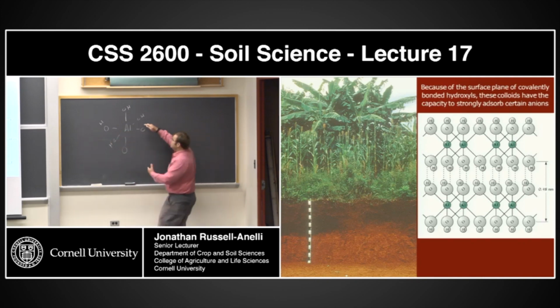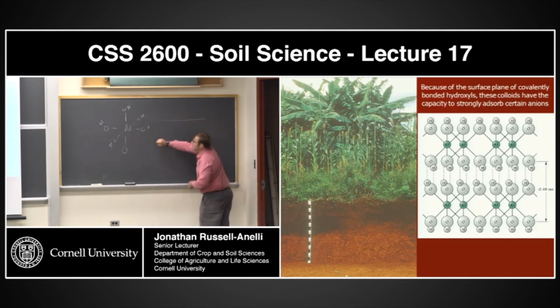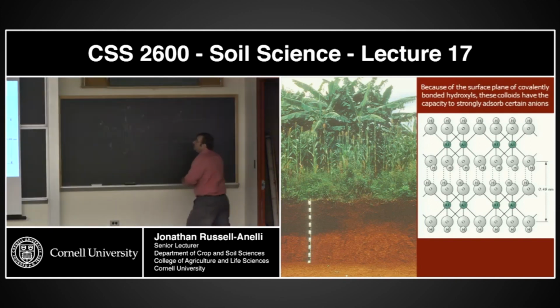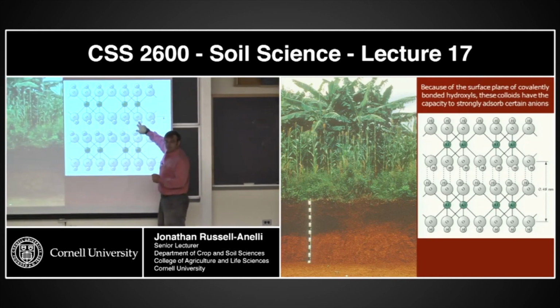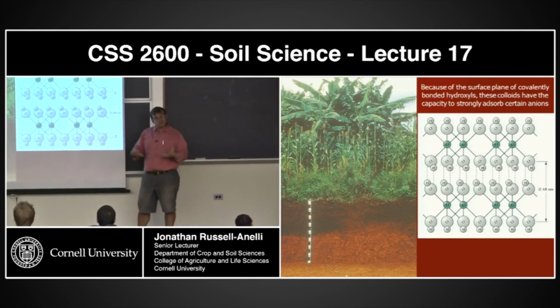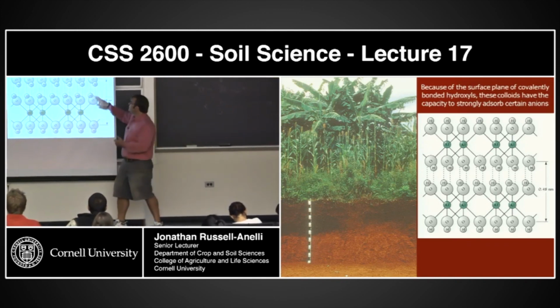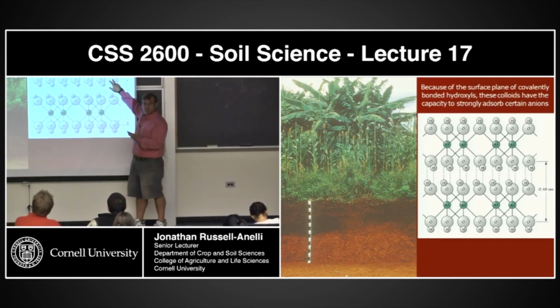Okay, now I could have a larger sheet that keeps going on out here, but all of the oxygens that are at the edge are exposed to that soil solution, and they're going to have a proton attached to it. Okay, because they want to balance that charge. Now, because of this proton in here, remember me saying earlier that these charges with isomorphic substitution tend to have a net negative charge. But because this proton is attaching to this hydroxide,